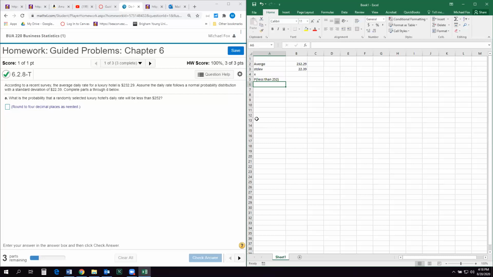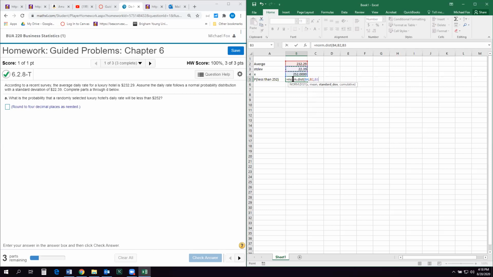My X then is 252. This tells us a normal distribution, so I can do NORM.DIST. It wants our X, which is 252, our mean or average, which is 232.29, our standard deviation, and